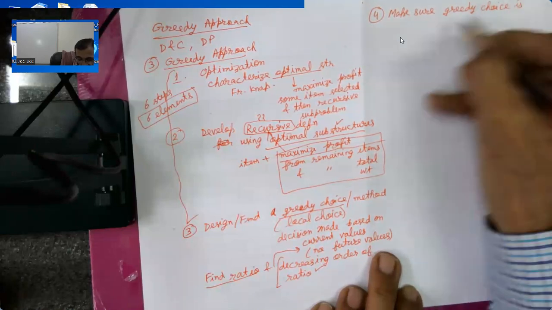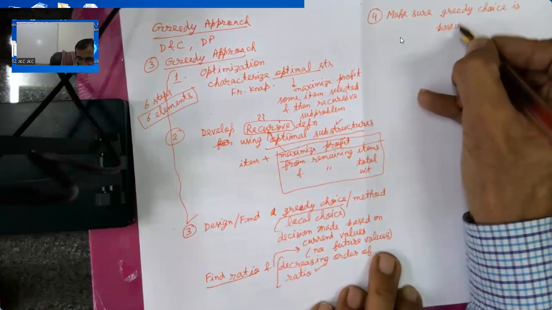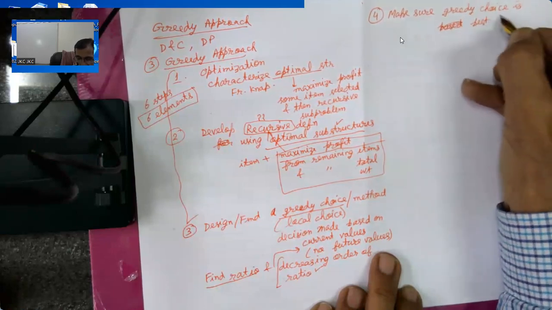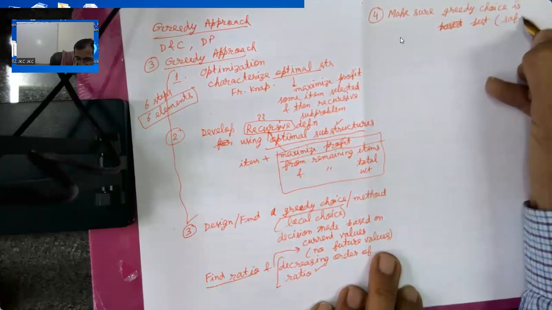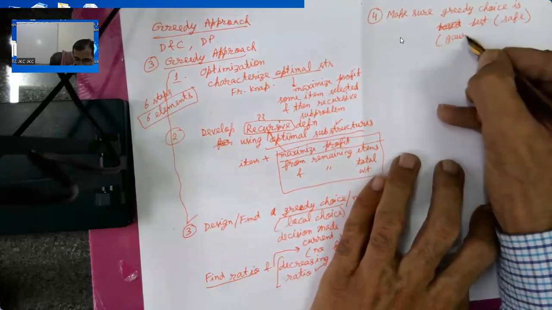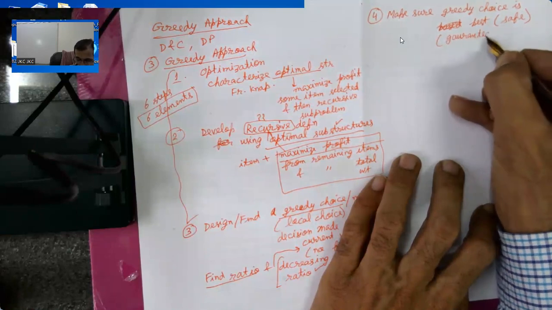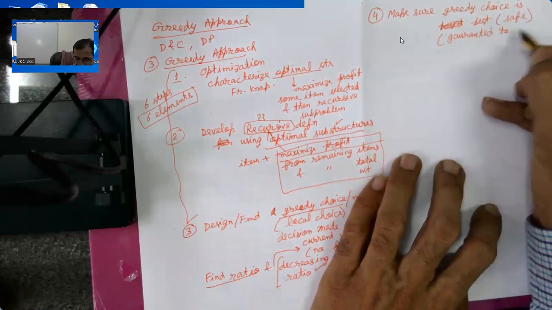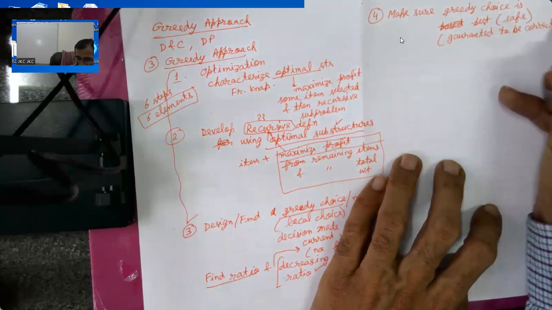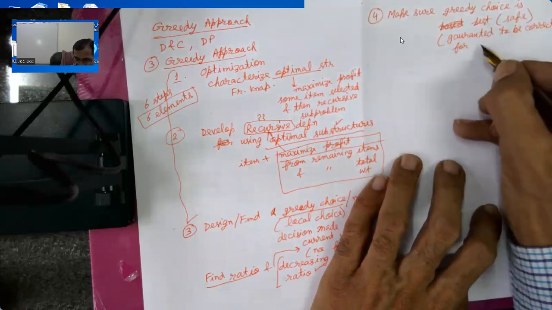Is it actually best, guaranteed or not? Normally we call it safe. Safe means effectively guaranteed to be correct, not that it will be incorrect,